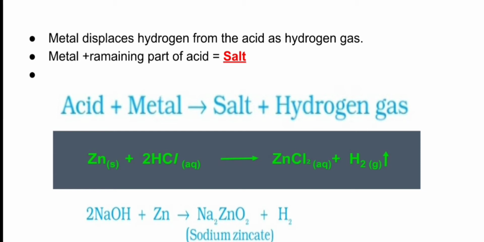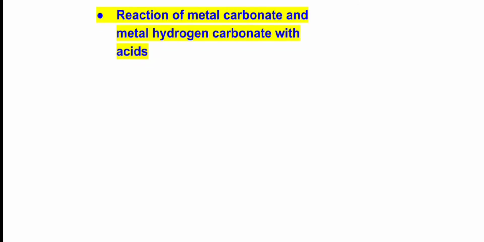For example, zinc reacts with hydrochloric acid to give zinc chloride and hydrogen gas. And sodium hydroxide is a base which reacts with zinc metal to give a salt, sodium zincate, and hydrogen gas. Next, we are going to discuss what will happen when an acid reacts with metal carbonate